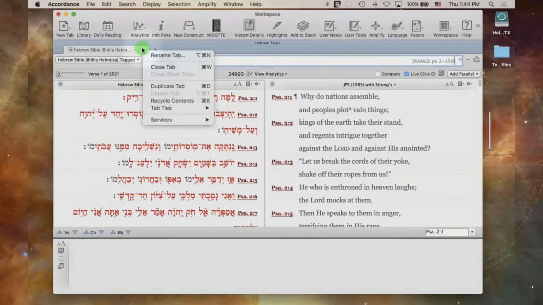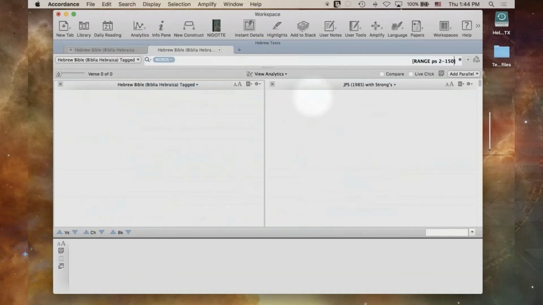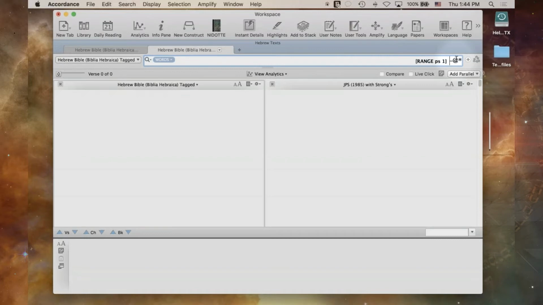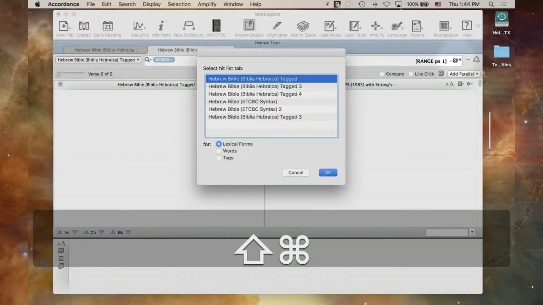And now I'm going to duplicate this tab. So now in here, I'm going to look in Psalm 1. So we've put back our range of Psalm 1. And I'm looking for all words in Psalm 1 that are not in that first tab. So how do I do that? First of all, at is going to tell it that it's all words except for, or using this additional criterion. Then I'm going to put a not in, all words that are not. And then I use the hits command, which is Shift Command H,